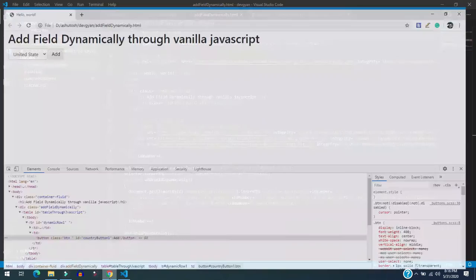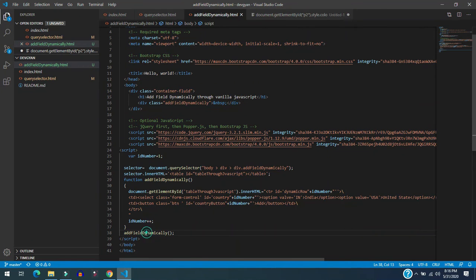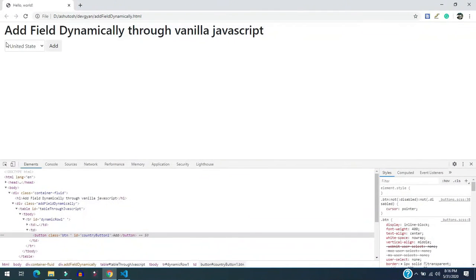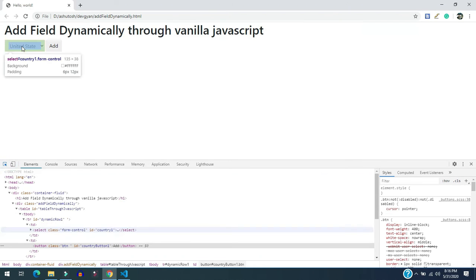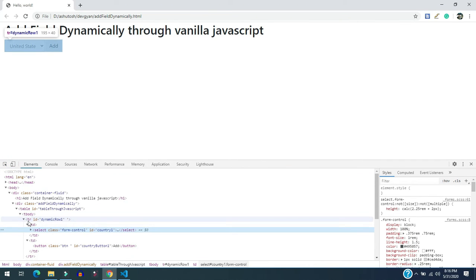Now as you can see, we have called these functions, and basically these functions are generating this select box. If you inspect, you will find that there is the tr, and it has an id. The select box also has an id, and it's appended with 1, because my goal is that if you click the add button, another row will be generated with the same field, and in that case this id should be changed, because an id should be unique, and through this unique id